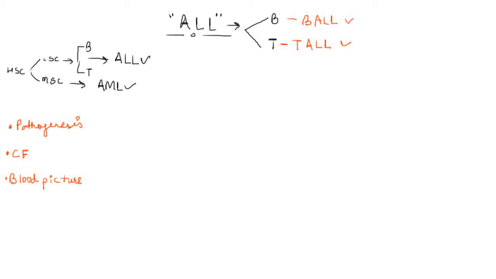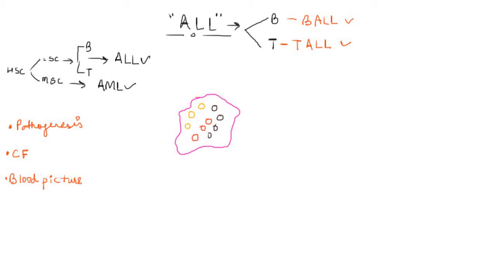Now let us suppose that this is the bone marrow. As you already know, within the bone marrow the various cells are maturing. For example, the RBCs are maturing, the neutrophils are maturing, the platelets are also maturing within the bone marrow, and all the other important cells of the hematopoietic system are maturing in the bone marrow.